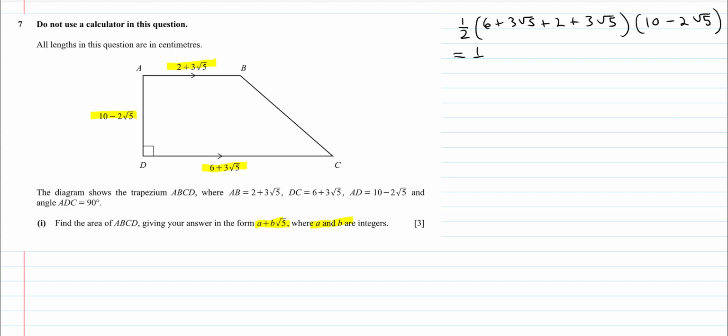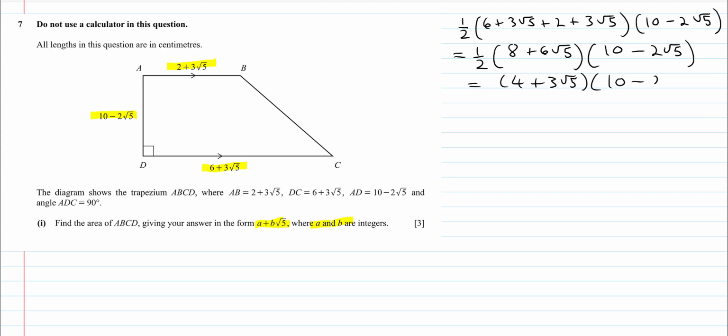So that is equal to half times, well, 6 plus 2 is 8, and then 3 root 5 plus 3 root 5 is 6 root 5, and then times 10 minus 2 times root 5. So for this first bracket here, well, if we have half of 8 plus 6 root 5, well, that is just going to equal 4 plus 3 root 5, and then times 10 minus 2 root 5, and then expanding